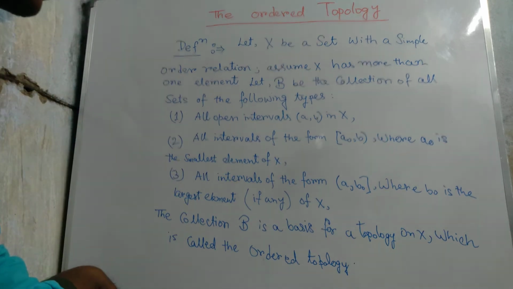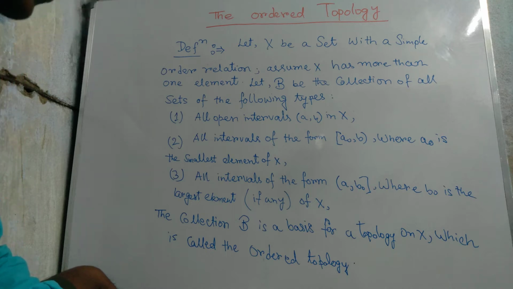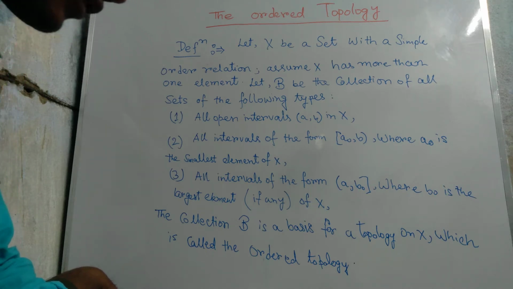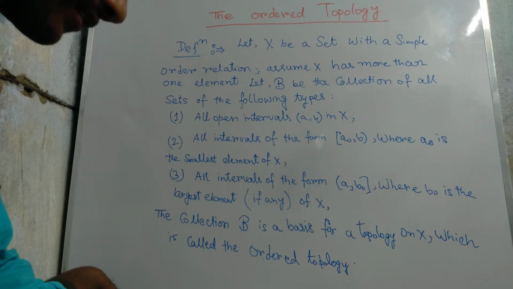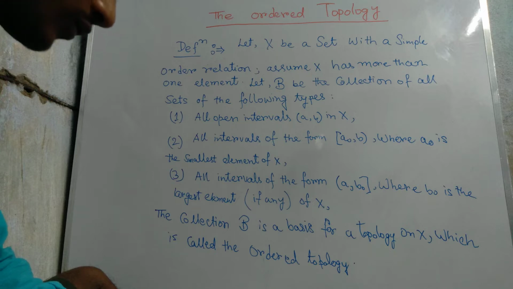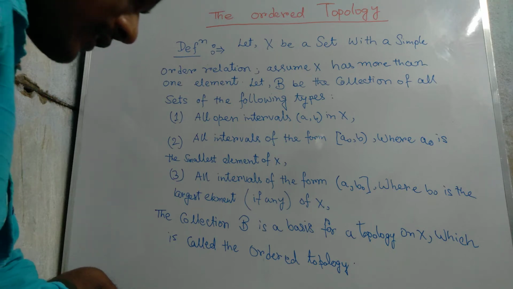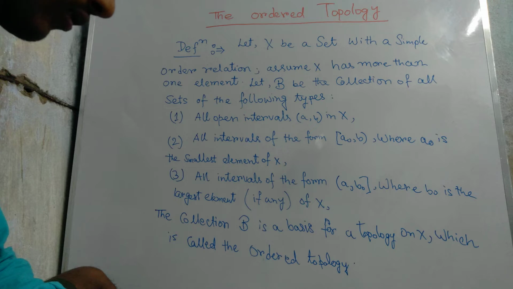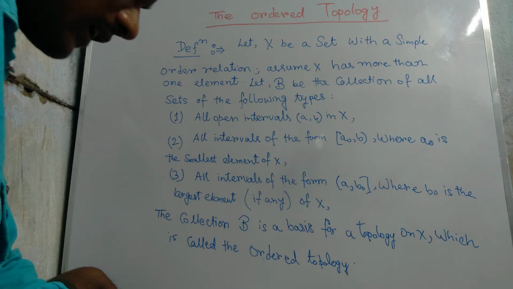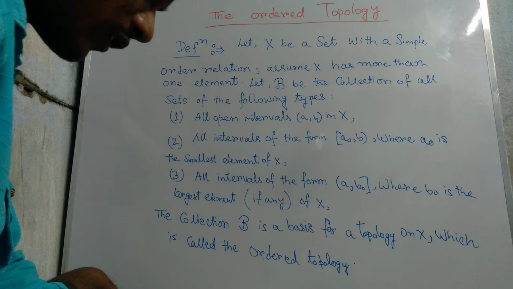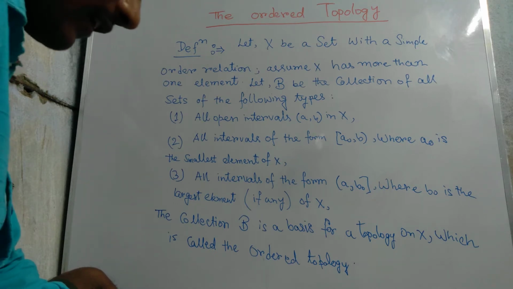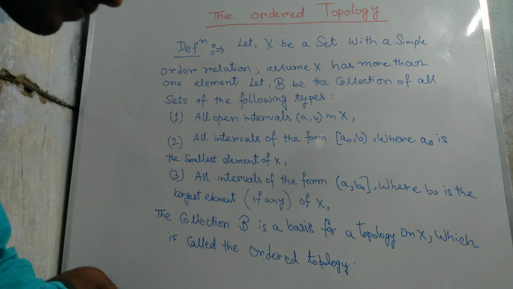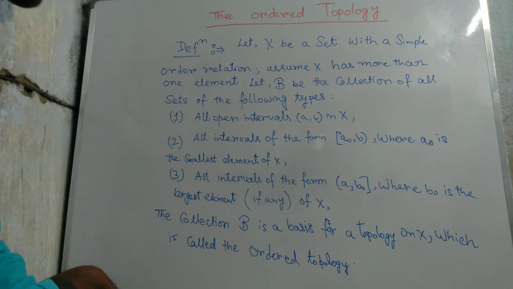Then we also did some lemmas. One lemma tells us that the topology equals the union of elements of the basis. The next lemma tells us that if a collection of elements of the topology is such that each open set U of X contains some element of the collection, then this collection of elements is a basis for the topology. And next we discuss